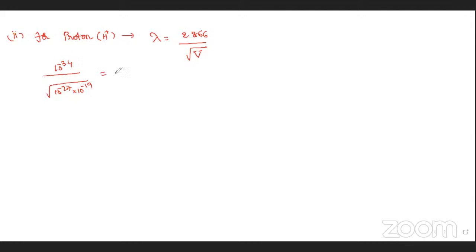So this is 10 power minus 34 divided by 10 power minus 20. How much now? 23, means into 10 power minus 11 we got. Okay, 10 power minus 11 means, for proton, the shortcut is